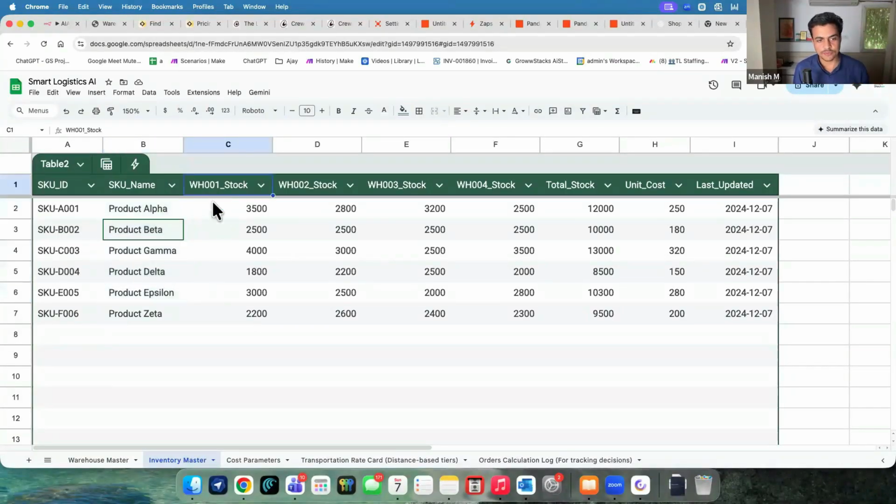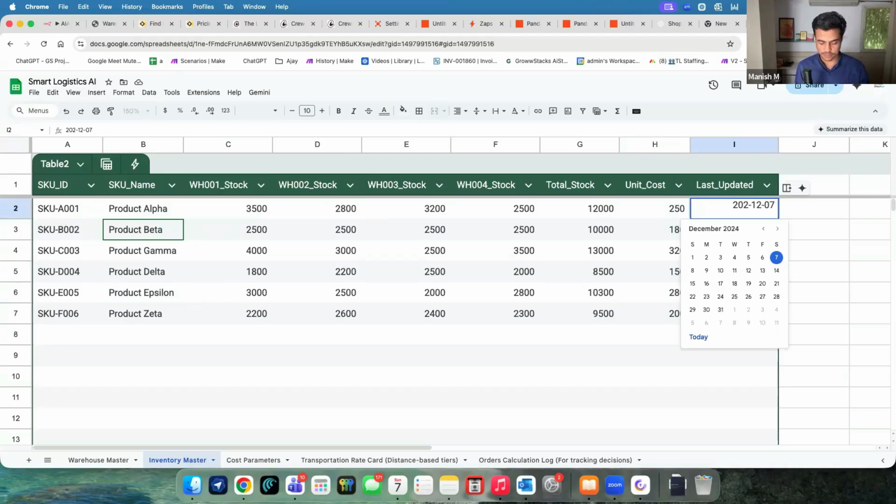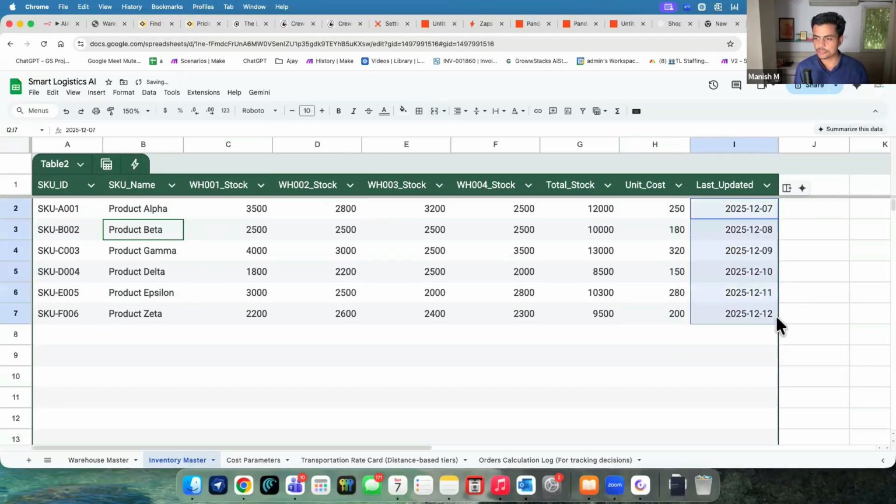Then we have warehouse 1 got a stock of 3,500 units for alpha. Warehouse 2 has 2,800 stocks, and so on. And how much is the unit cost for each of these products, right? And when this was last updated. So maybe a long back or something like this. That's all fine. I can even make it, let's say, 7th December 2025, and maybe it all looks